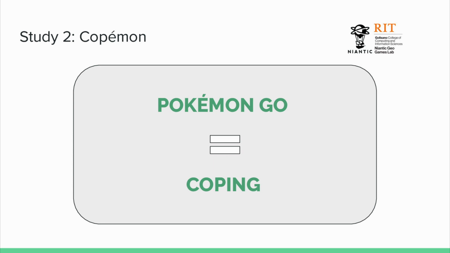And then when we're talking about the COVID-19 pandemic and Pokemon Go, one of the most interesting findings, and the one that was perhaps the most standout because we weren't necessarily expecting this when we were doing the initial study, is that Pokemon Go was being used as a coping mechanism during COVID-19. The gameplay was totally disrupted. Niantic did a ton of changes to the game, and this once again is getting into the whole games as a service thing where you're constantly updating the game, you're constantly changing mechanics, affordances, things along those lines.